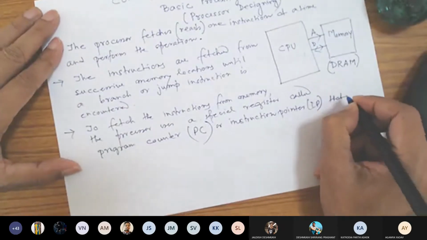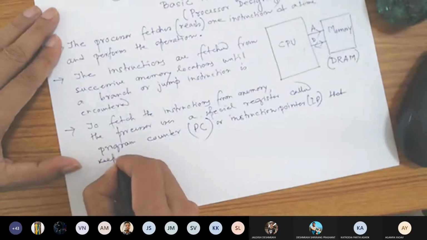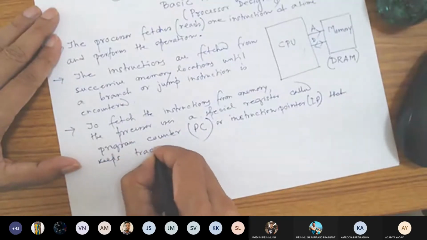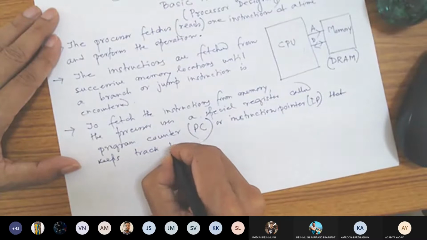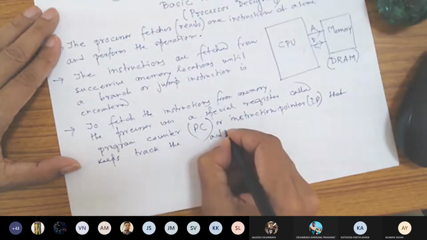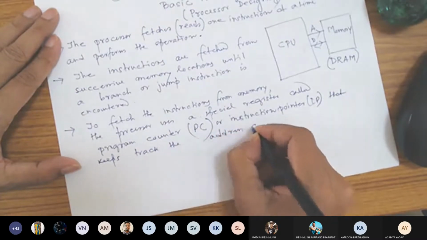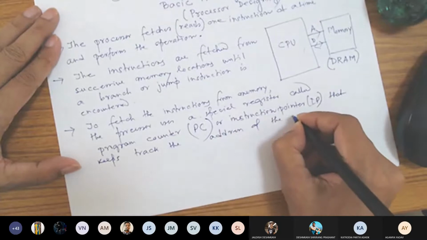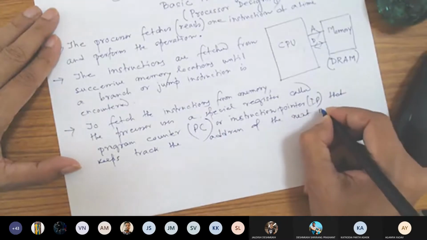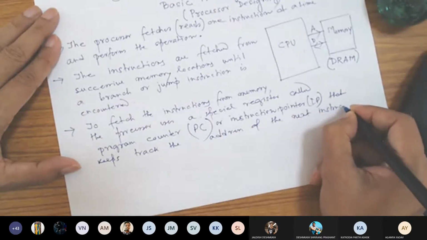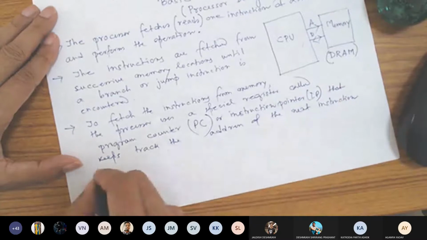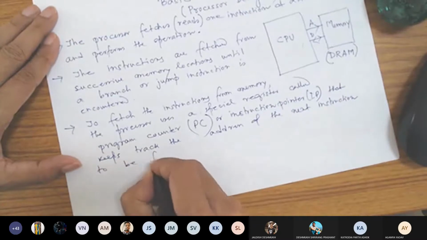That keeps track of the address of the next instruction to be fetched.